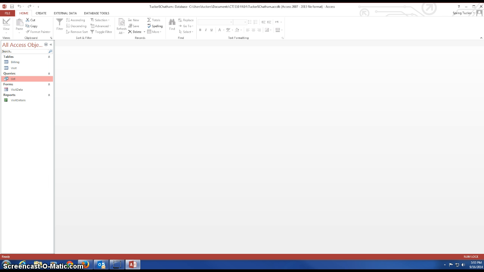Then you see a query called visit list, a form called visit data, and a report called visit details, which you should have already created in chapter 1. The billing and patient tables will be created in this chapter. But in that illustration, if you'll notice over to the right on the tab sheet called relationships, you'll see the patient table with all the fields that make up the patient table listed there,